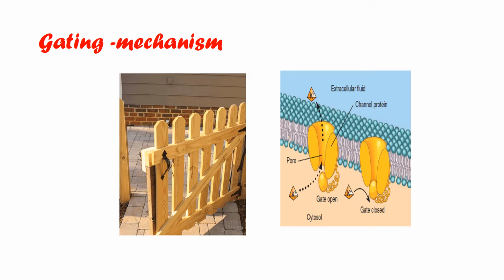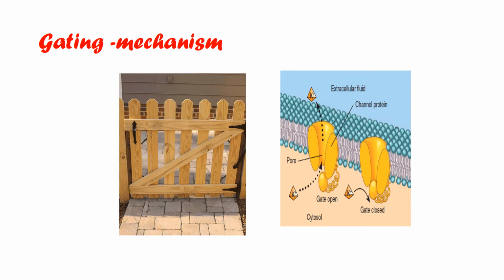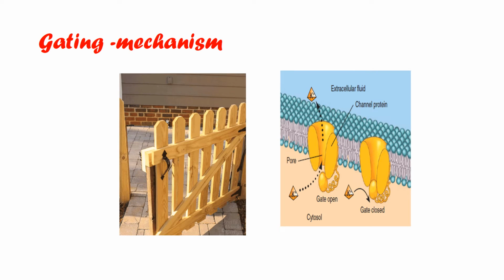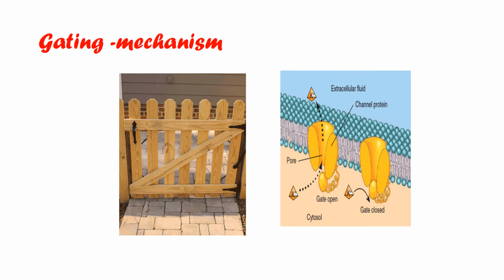Now I have been repeatedly saying that these ion channels are basically tubular passages that allow the passage of ions or water molecules. When we talked about water molecules, we talked about pores, and the pores were an open channel. There was no gate. At all times any molecule can pass through these pores. But when we talk about an ion channel, it is not so. It has a gate. A gate, as you can see here, when it opens, things can cross through the channel, and when the gate closes, nothing can cross.